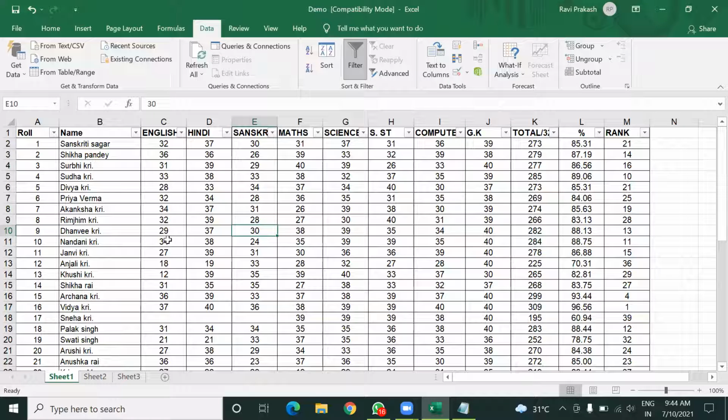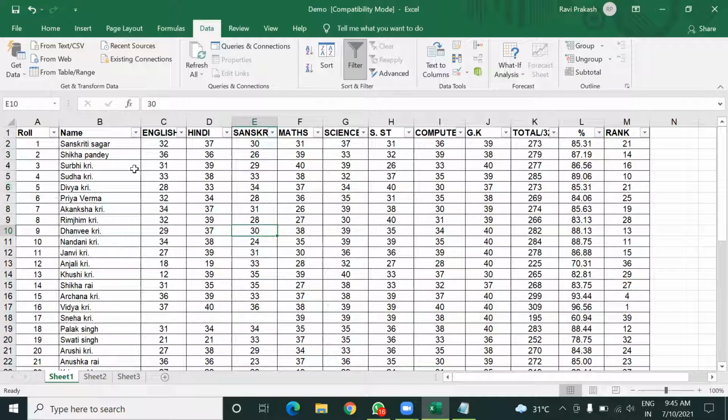So do you want me to show more here or not? No, sir, it's enough. Okay, means you can apply filter on 3 columns, 4 columns. So as per your requirement, as per the condition, you have got to show the result. So just apply like this.